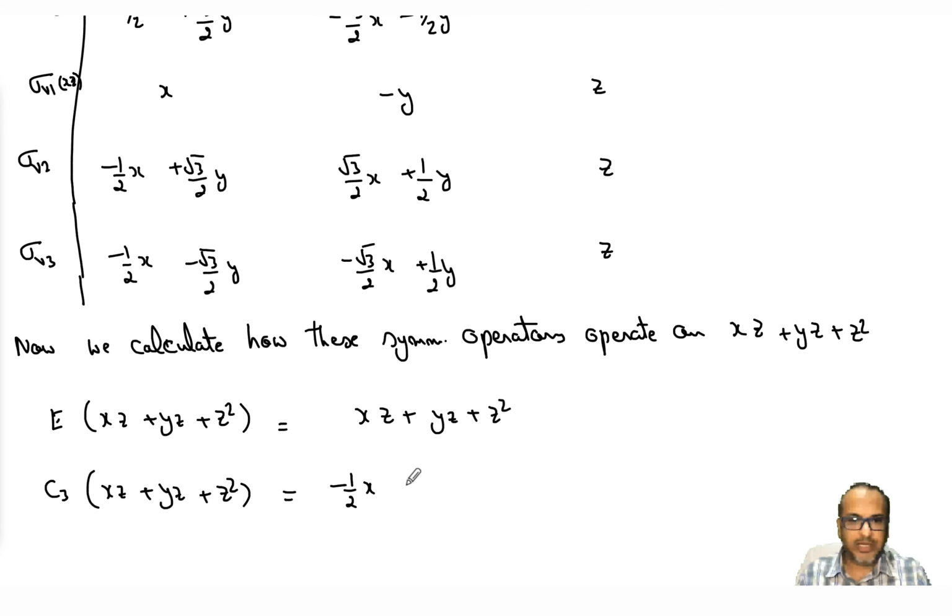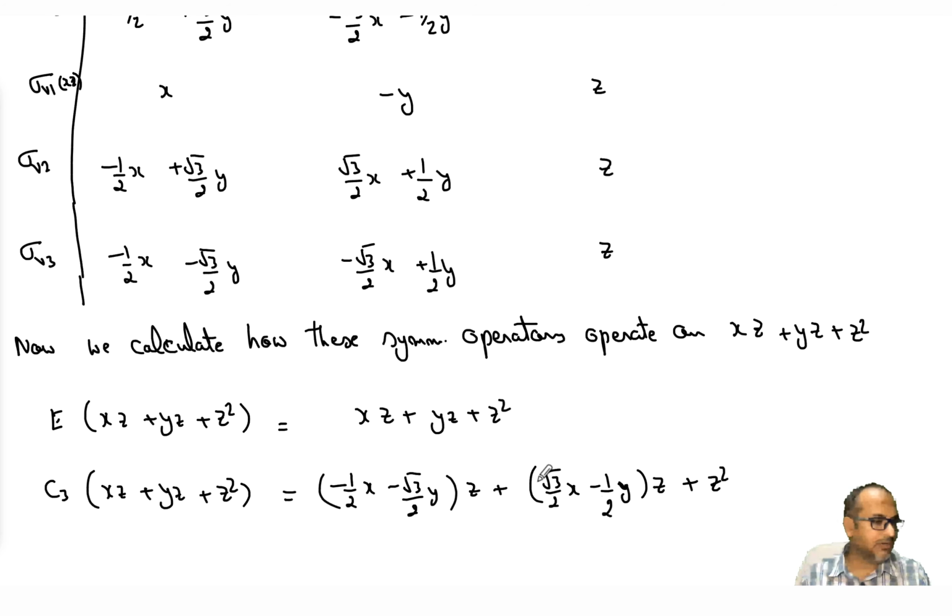Minus half x minus root 3 by 2 y multiplied by z. So C3 on x gives you this, C3 on z gives you z. So that's how xz becomes this. Now C3 on y gives you root 3 by 2 x minus half y, and z remains as z, and z remains as z, right? So